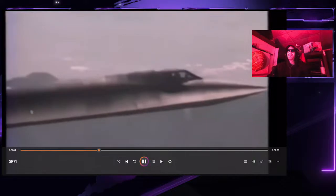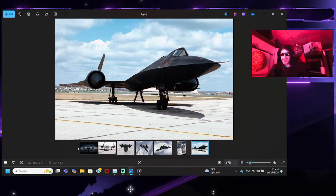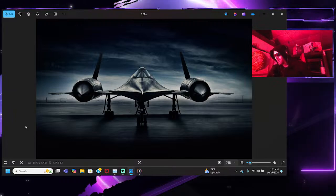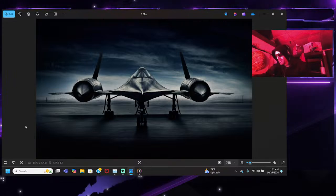That is crazy, buddy. Crazy. That is it, though. That is all the content I had today for the SR71 Blackbird. I think I did a pretty good job at covering a good portion of the relevant information about the plane,